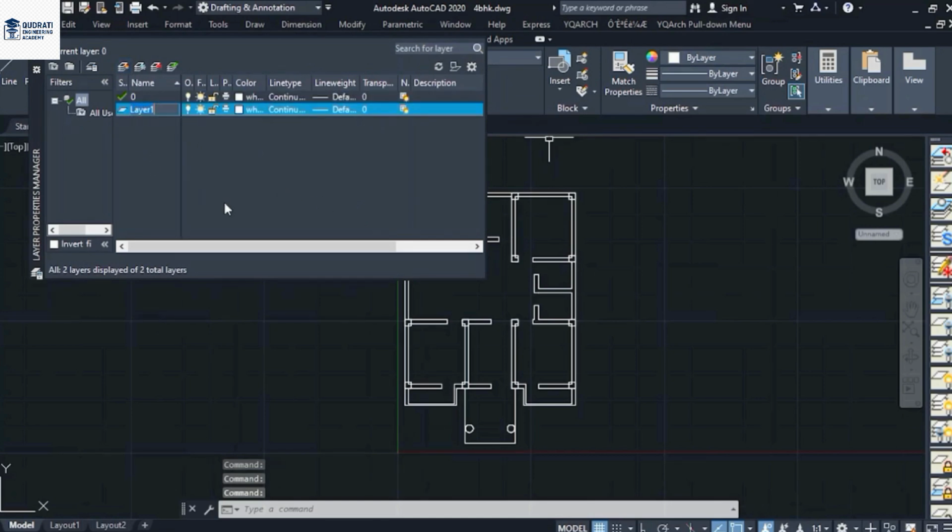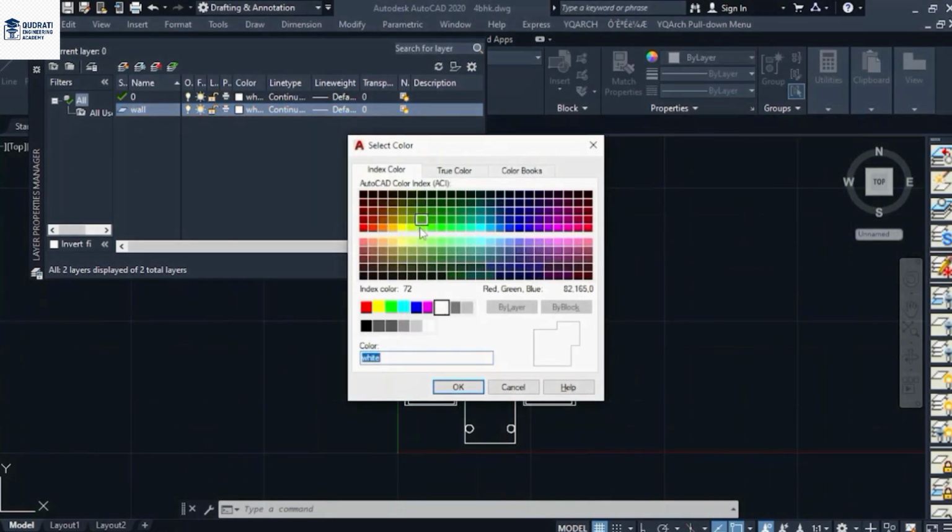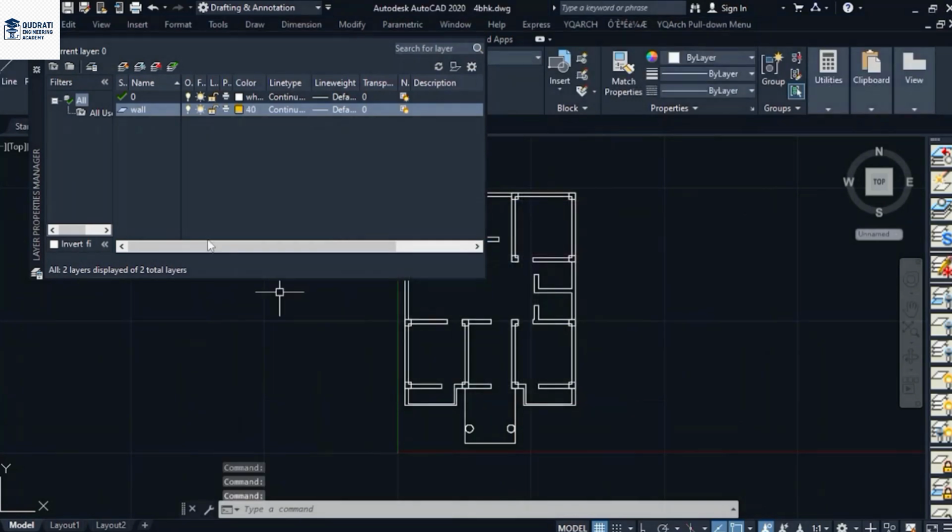You should have a layer for every structure, for every part. So we will create a layer for wall. We choose the color. For example, I will choose this color, and then the linetype is continuous, and this is